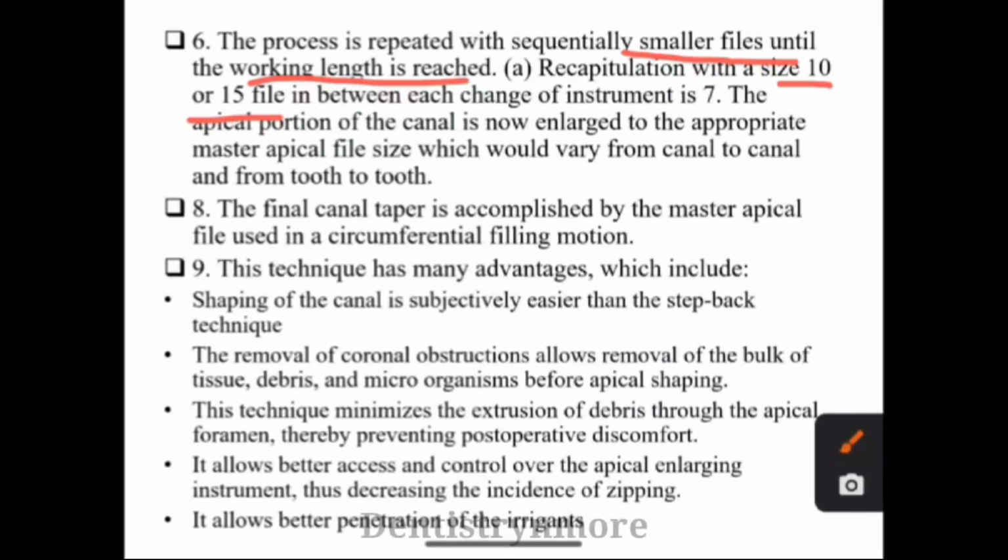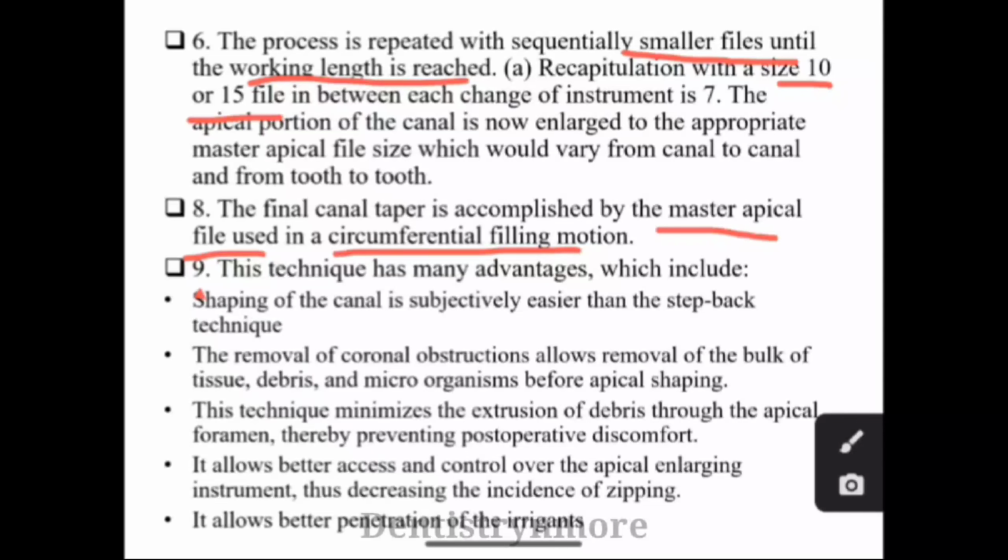The next one is the apical portion of the canal. It is now enlarged to the appropriate master apical file, which could vary from canal to canal or tooth to tooth. And the final canal taper is accomplished by the master apical file, which is used in a circumferential filing motion. This technique has many advantages, the first one being that shaping of the canal